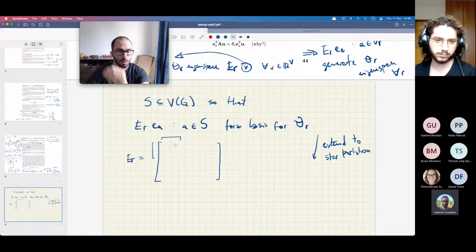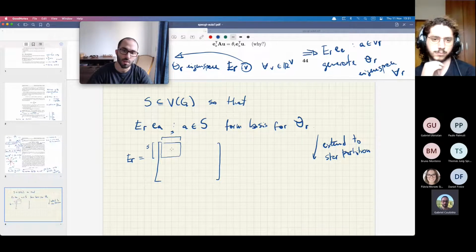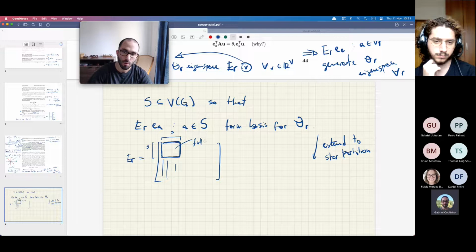It could be spaced by some holes, but imagine this is the block. Now, because these vectors form a basis, these column vectors are linearly independent. So of course, this block here has full rank. What do I mean by that? I mean that the rank of this block is